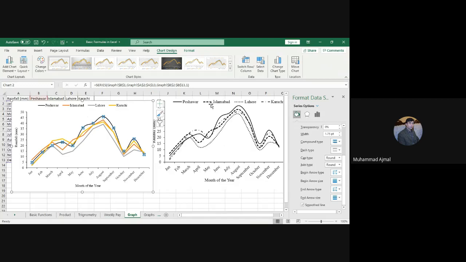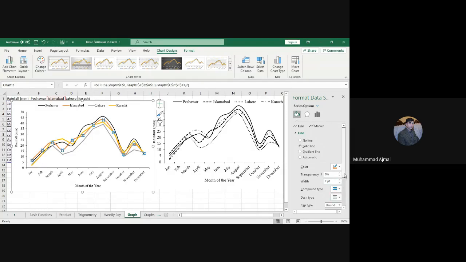Next, Islamabad ke liye you can see what type of line I have used, and in this case Islamabad is with a kind of like orange color. So go to the line, orange color has been clicked, come back to this color bin. First I'm making it smooth, okay, smooth, and go up, change the width size a little bit. I have reduced to, आप थोड़ा सा अगर ज्यादा करें no problem 2 तक रखें, कम भी कर सकते हैं,